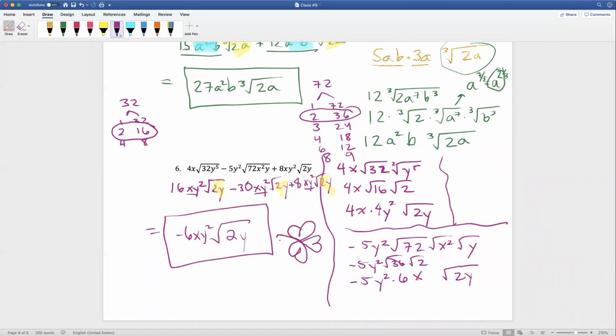These are my hearts. This is my heart-shaped flower. What I'm going to do is I am going to